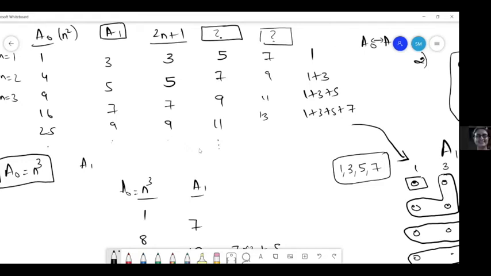I'm really sorry, I got lost. What do you mean by that? The other two columns, 2n plus 1, I know, but what about the 5, 7, 9, 11 and question mark? What was the question? Give the formula. That's it. 5, 7, 9, 11, and so on. And for 7, 9, 11, 13, and so on, give another formula.